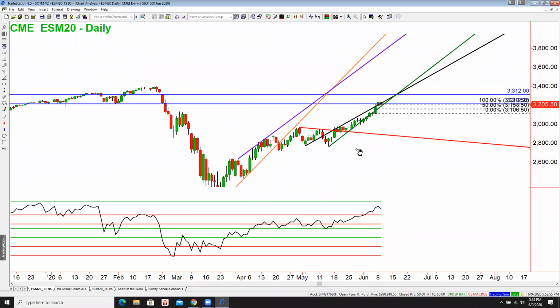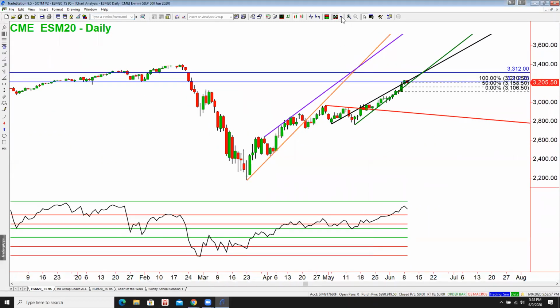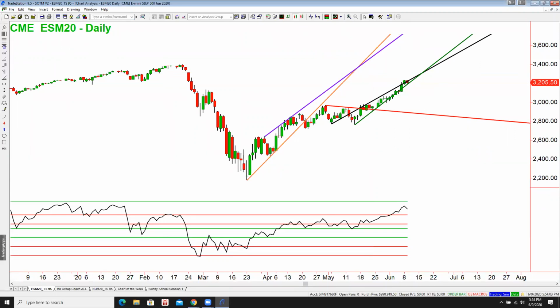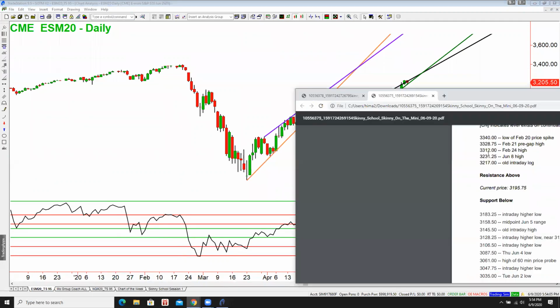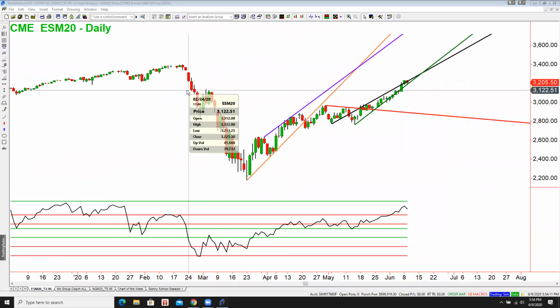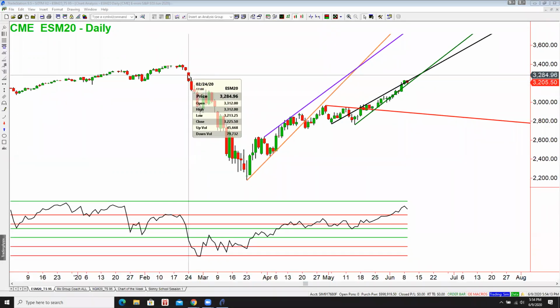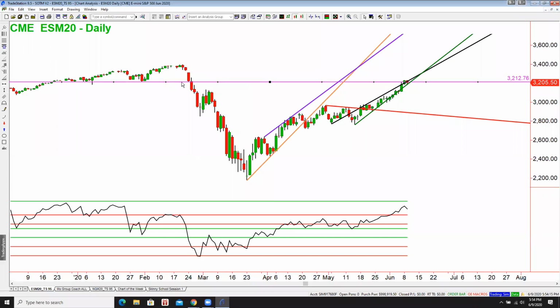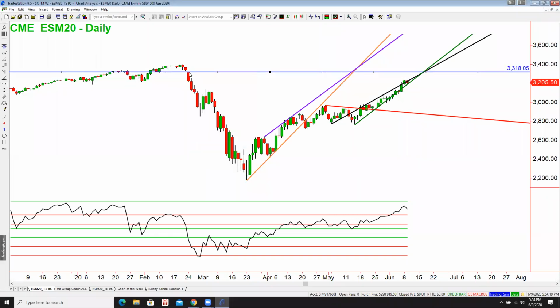In the daily chart, and we will spend more time here in a moment when we talk about trend lines, if we want to draw those resistance levels, let me just take off what's here. Do you guys see how this 3312, it says February 24th high? February 24th, that's this candle right here, this long red candle. So I would take a horizontal line and go mark it here in order to know my place on the